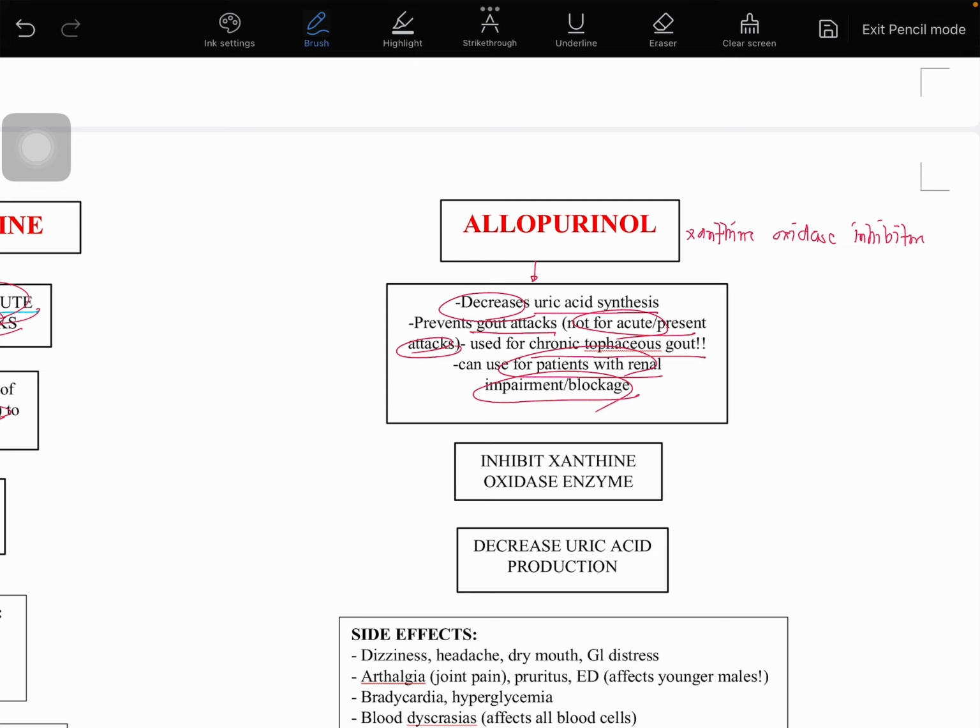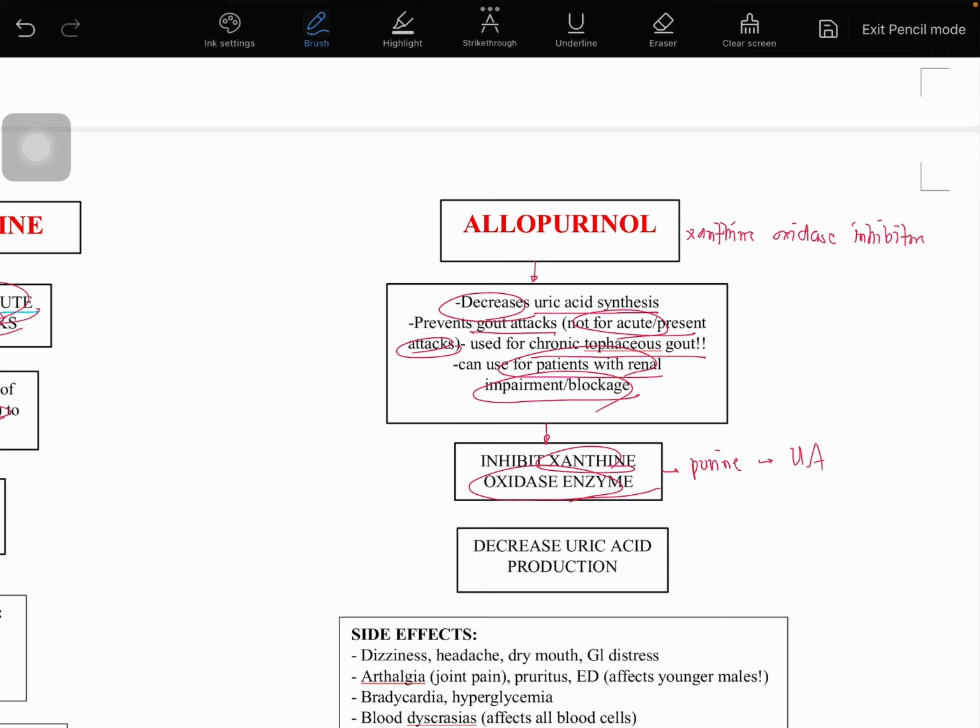Okay, sabi natin, ang kanyang action talaga, class, it inhibits your xanthine oxidase enzyme. Sir, ano ba itong xanthine oxidase natin? Okay, the xanthine oxidase enzyme class, it is actually an enzyme that helps during purine metabolism para ma-form po natin yung ating mga uric acid. Yan po yung ginagawa ng ating xanthine oxidase enzyme natin. It helps with the conversion from purine to the formation of your uric acid. Wherein your uric acid is, di ba, yan yung main culprit natin.